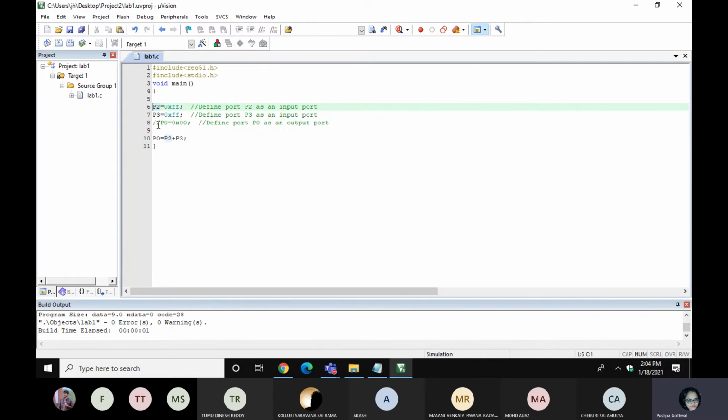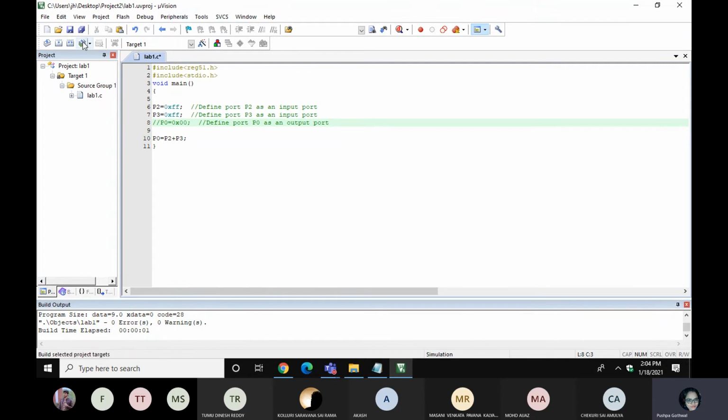Yes, P0, I just told you, if you want P0 as an output, by default it's output. If you are writing this thing, your code will not be affected. Right now it will take it as 0, 0, initialized as 0, 0. If you are putting a comment, it's okay, because by default, this controller IC has all ports as output.